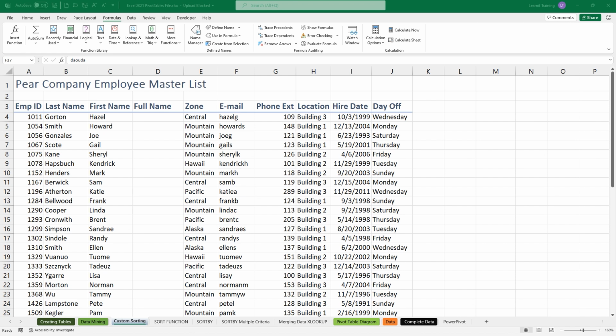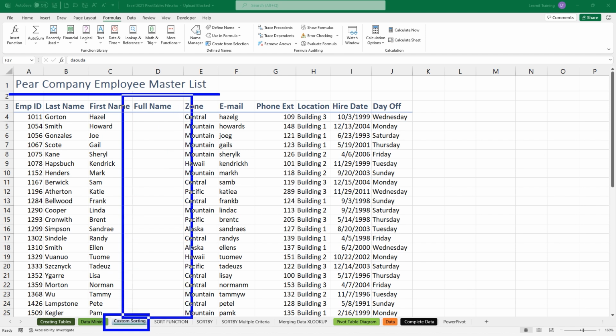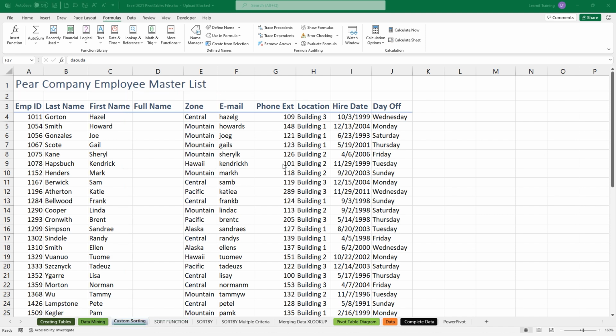So I'm over here in the workbook, and I'm on the 3rd worksheet called Custom Sorting, where I'm looking at the employee master list that's actually missing a column. So this is not a complete data set. Remember that conversation we were having on the creating tables sheet about being a complete data set? This is not. Well, we can make it one using a pretty cool feature that I'd like to showcase here,